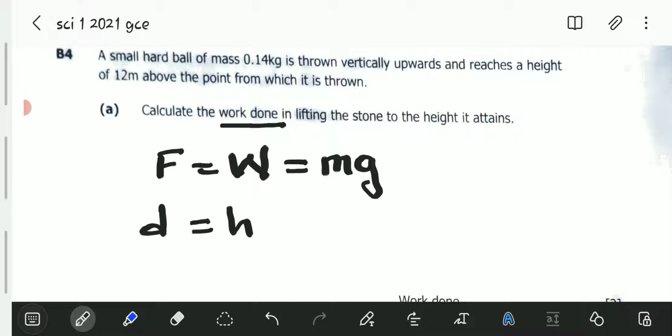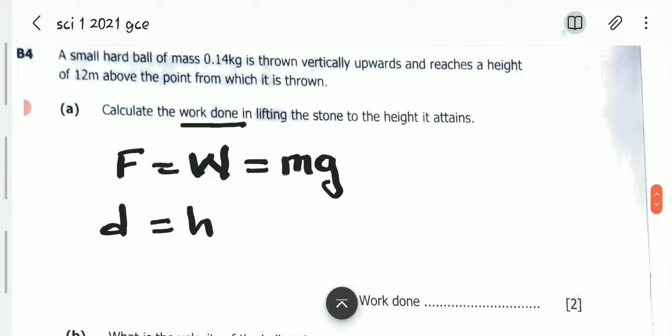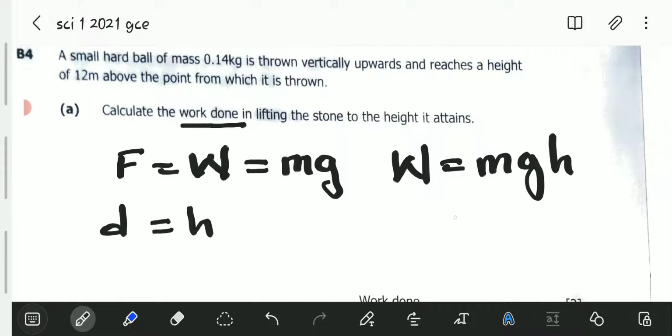In short, work done against gravity is simply the potential energy that the object is going to attain. So we have work is equal to mgh, which is 0.14 multiplied by 10 multiplied by